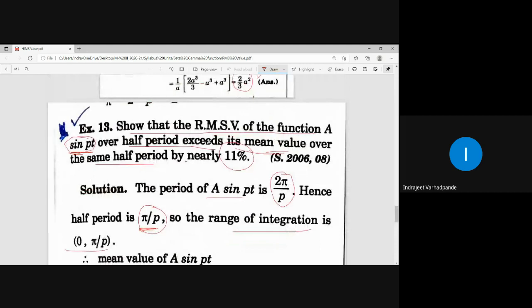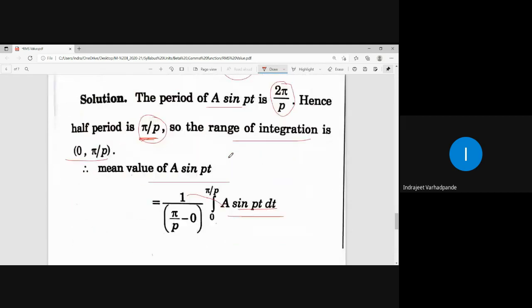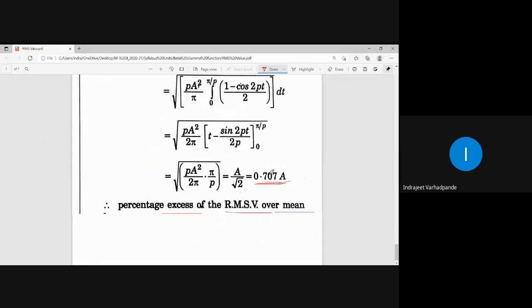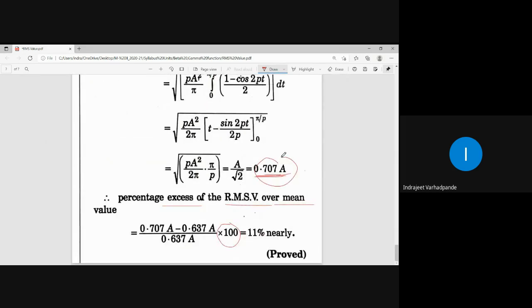Show that the RMS value of a function exceeds its mean value. यानी RMS is mean plus extra. So mean value plus extra should be equal to RMS. RMS ज्यादा आना चाहिए. RMS ज्यादा आना चाहिए इसीलिए RMS minus mean upon mean multiplied by 100, which is nearly or approximately 11%. So in this kind of example, we try to obtain the percentage